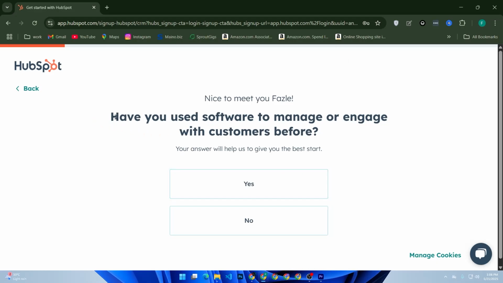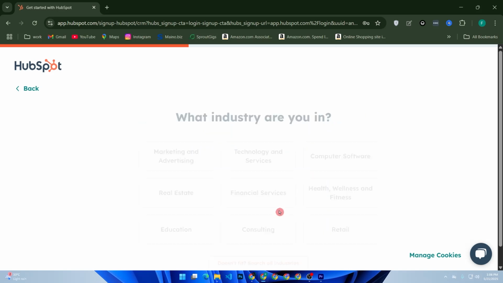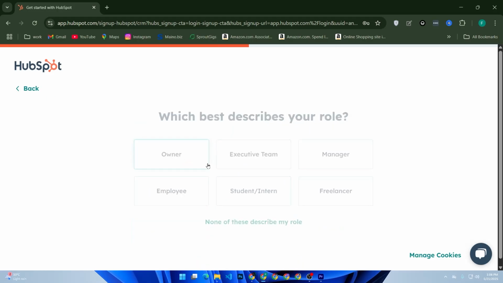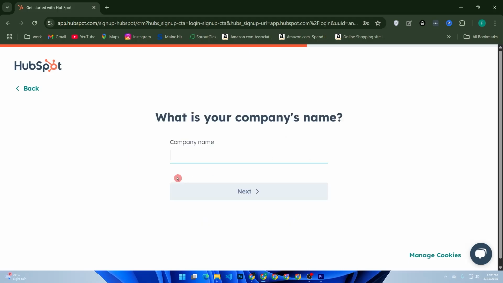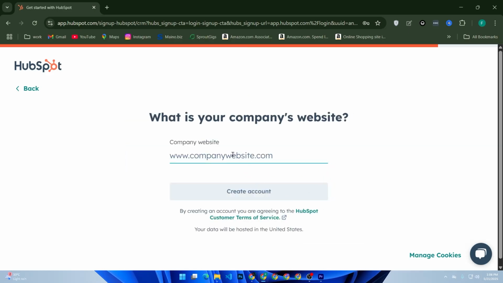Then follow the process. Have you used software to manage or engage with customers before? No. Do you know which problems you want to solve with HubSpot? No. What industry are you in? Marketing. Then select yourself, your role like manager, then company name, musical, then enter your company website,